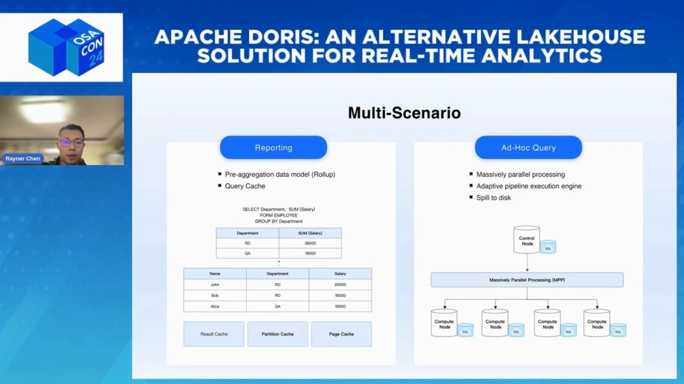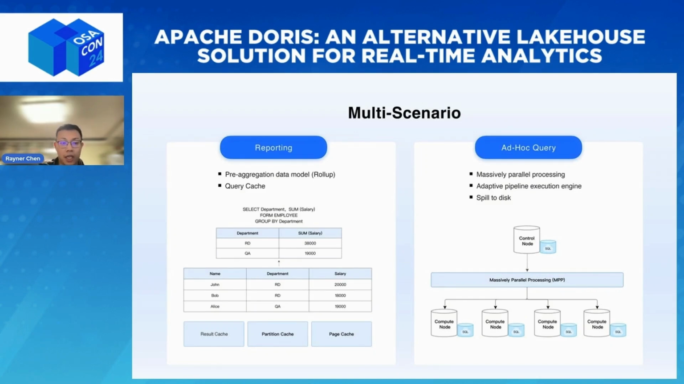Okay, the last is multi-scenario support. Doris aims to solve multiple needs with one product, reducing the maintenance cost, especially for companies that do not have many people to operate too many systems. The first typical scenario is OLAP, reporting and ad hoc analysis. The reporting scenario refers to tasks where query patterns are relatively consistent. So Doris can enhance query performance in these cases through techniques like pre-aggregation data models and various kinds of data